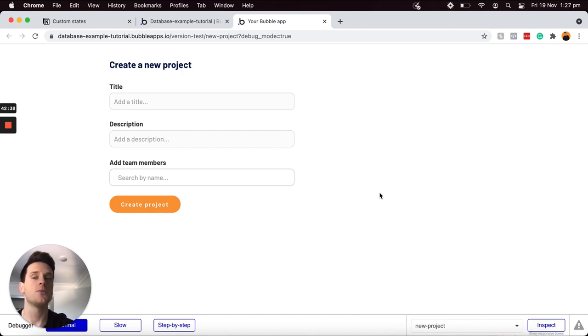Because if a user moves on to another page, they're just going to lose that data that they have stored within it. And just like that, you can start to see how powerful custom states are within Bubble. And once you unlock the ability to use custom states, it truly will change the way you build applications within